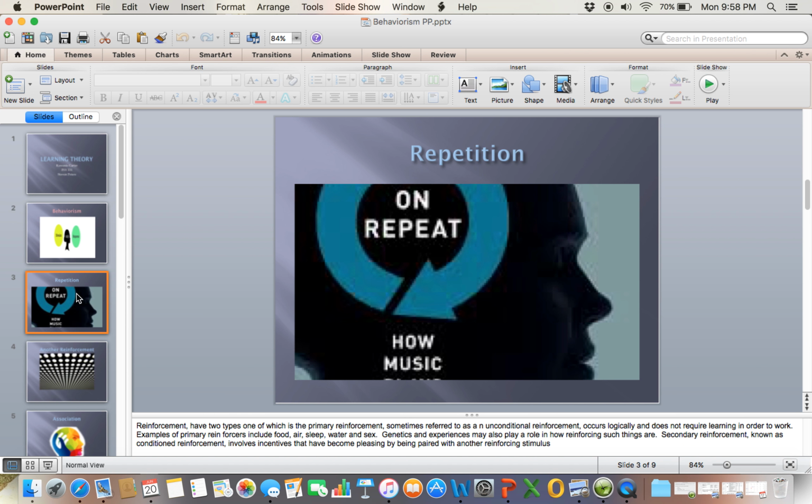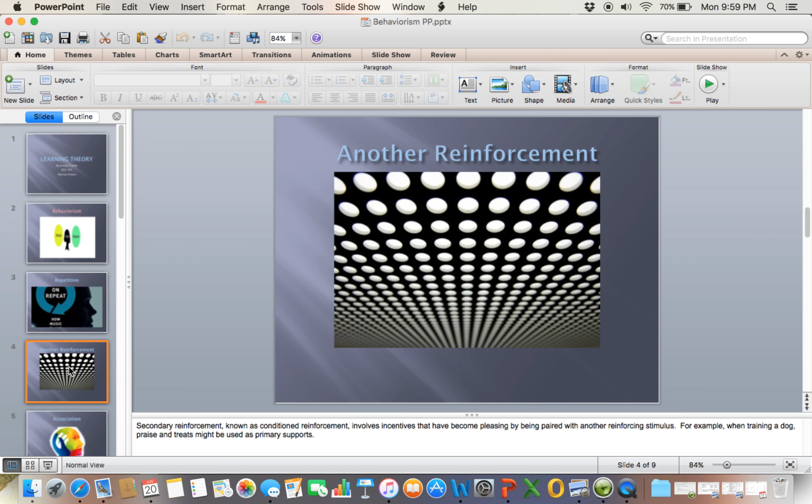The second type, known as conditioned reinforcement, involves incentives that have become pleasing by being paired with another reinforcing stimulus. Another name for the secondary reinforcement is the conditioned reinforcement, which also involves incentives that have become pleasing by being paired with another reinforcement, as stated. An example of that is when training a dog, praising and giving the dog treats must be used as a